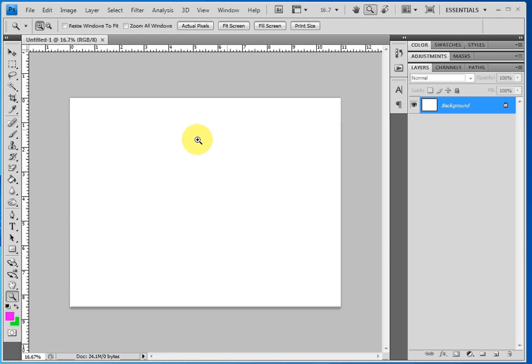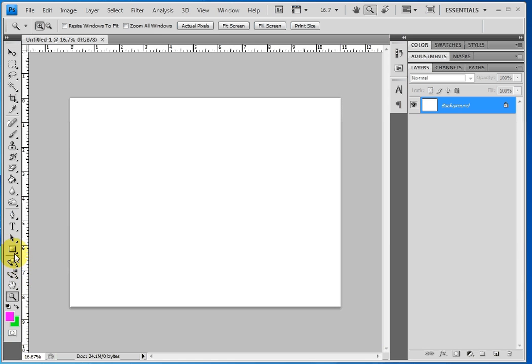I have a blank document here, no other layers, and it's an 8.5 by 11 landscape. So you can set up your document that way. And let's create an arrow, a custom shape that's an arrow. And let's start with just a shape tool, which we'll just do a rectangle. Okay, so the first thing we'll do is about 2/3 of the way down in your tool panel on the